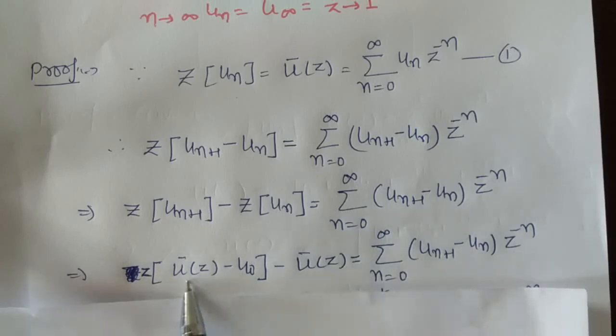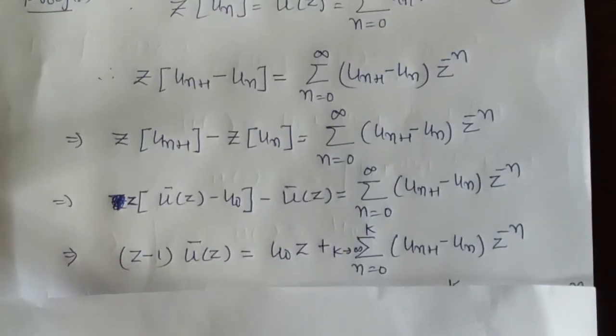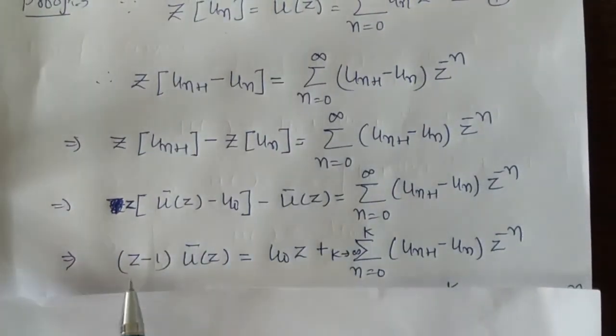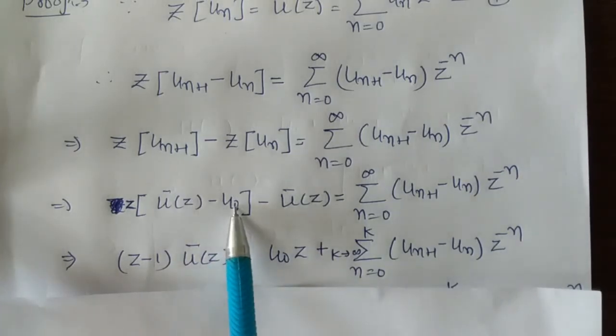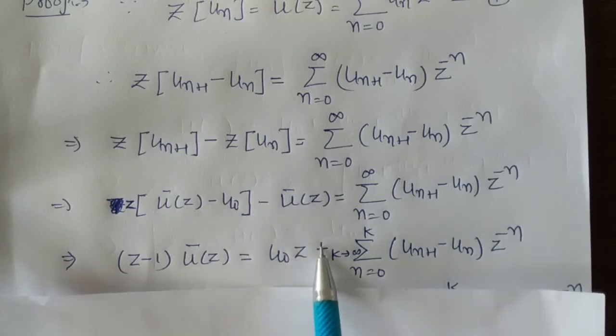Now here we take u bar z common, then we get z minus 1, and here we have u0 into z, which we transfer to the right hand side. Then we have z minus 1 into u bar z minus u0 into z, which we transfer to the right hand side, then we have u0 into z plus